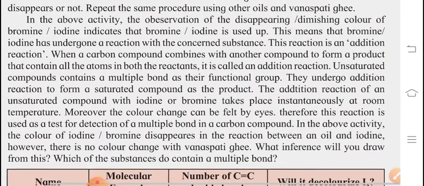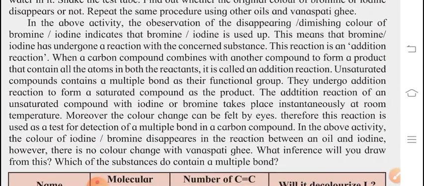In the above activity, the observation of the disappearing, diminishing color of the bromine or iodine indicates that bromine or iodine is used up. This means that bromine has undergone a reaction with the concerned substance. This reaction is an addition reaction. Obviously, we are adding something in it. First of all, we have taken bromine or iodine and we are adding in it the